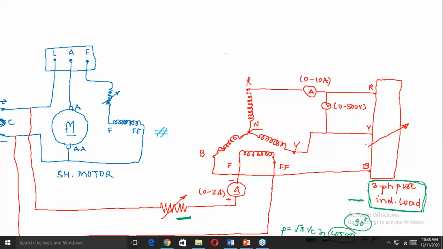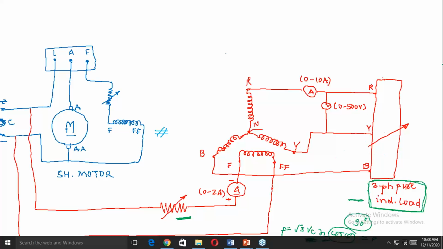Here you increase the load and note down the voltmeter and AC ammeter readings. When the voltmeter and AC ammeter read their rated voltage and rated current, you stop increasing the load, stop varying the excitation, and note down these readings, including the excitation reading. Only one reading is sufficient to plot the ZPF characteristics. Got this?